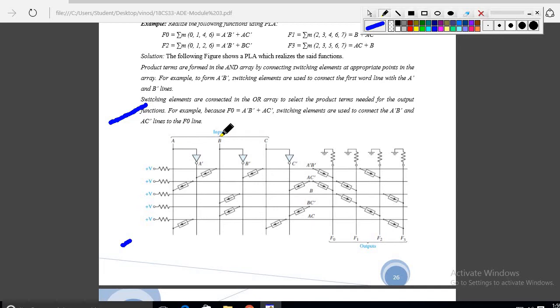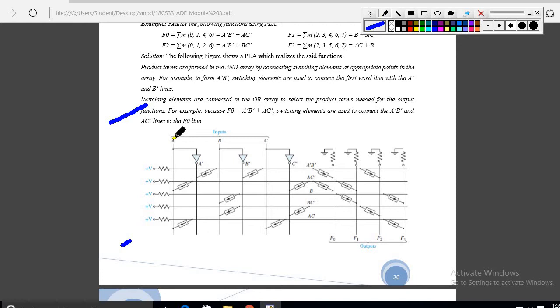I will explain according to this diagram anyhow, even though it is not required for the examination. First we have to draw the supply voltage like this, and the grounds. And this one is common because A, B, C are the 3 inputs.